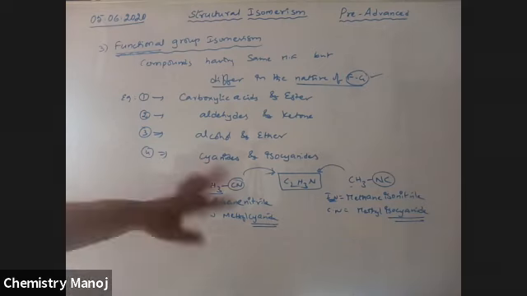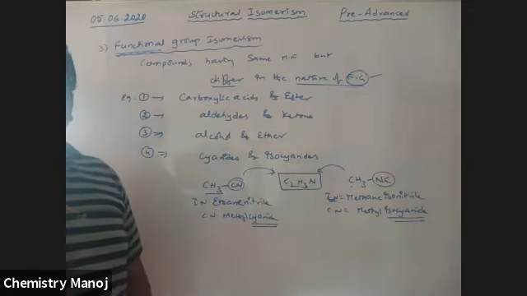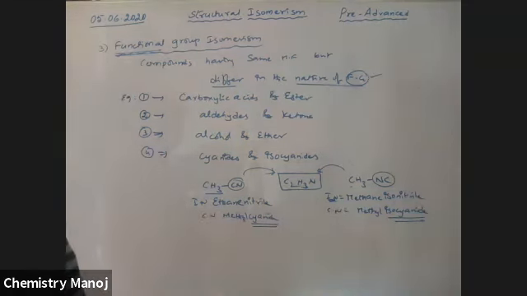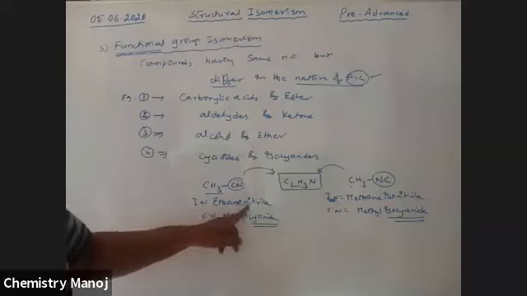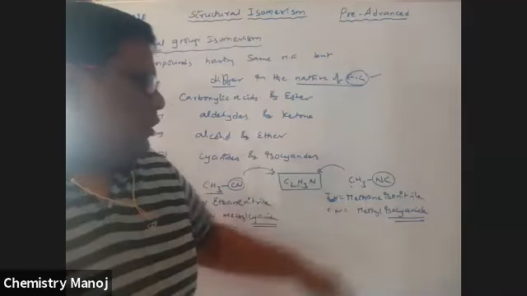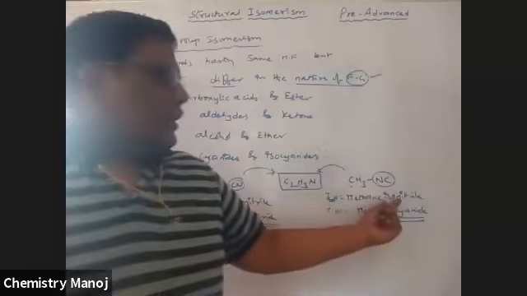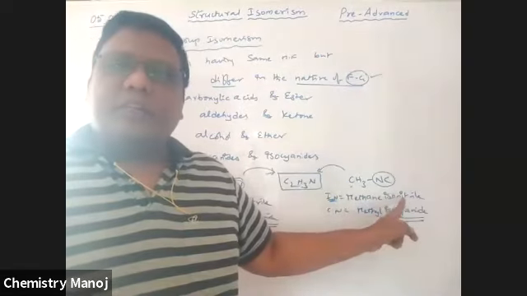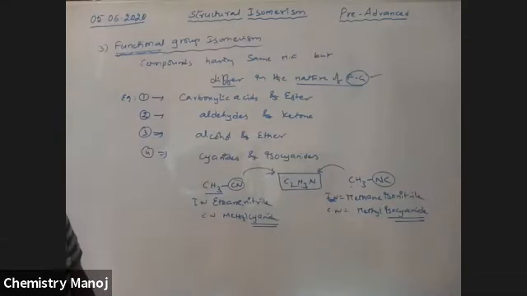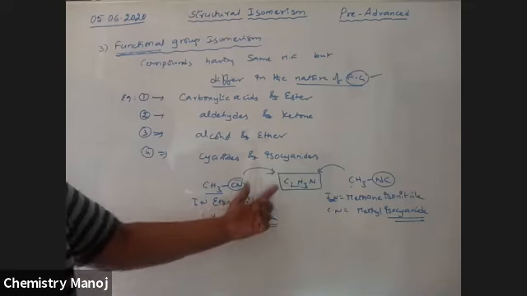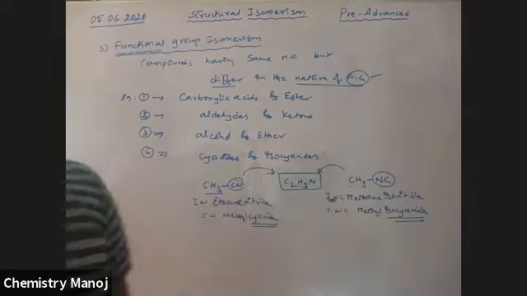Because the functional groups are changed, this nitrogen is attached differently. Iso is a technical word, and N is taken in the name. Okay, so don't take that one. These cyanides and isocyanides are the functional isomers.